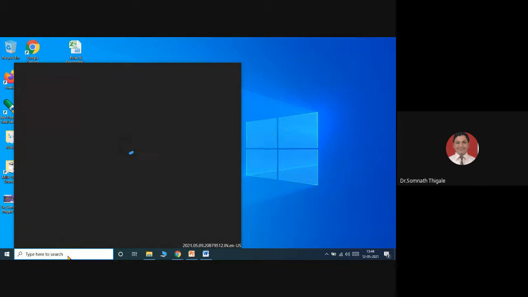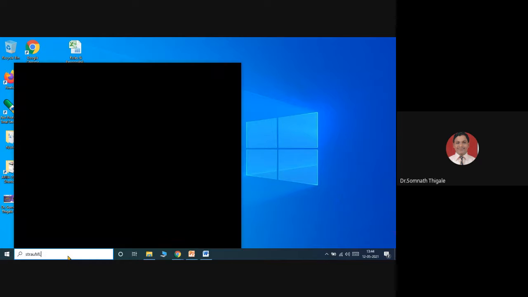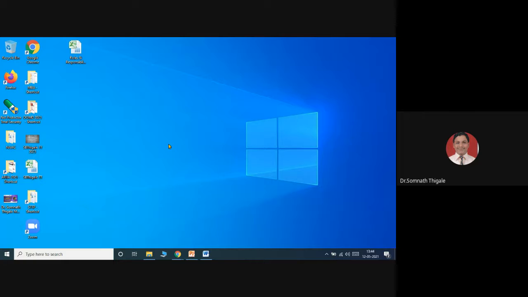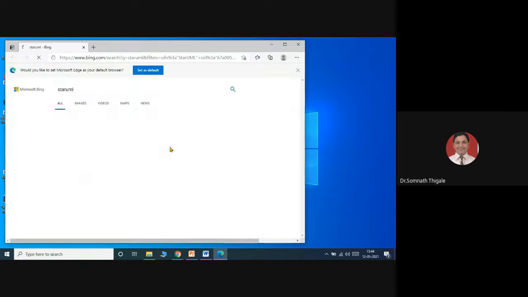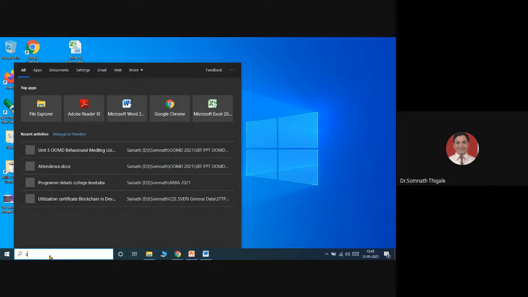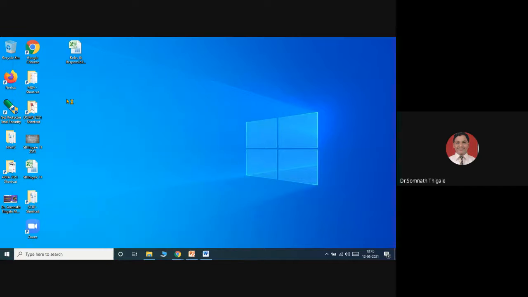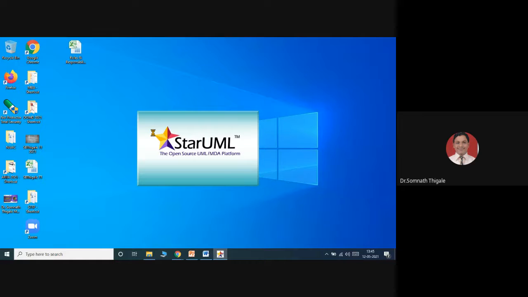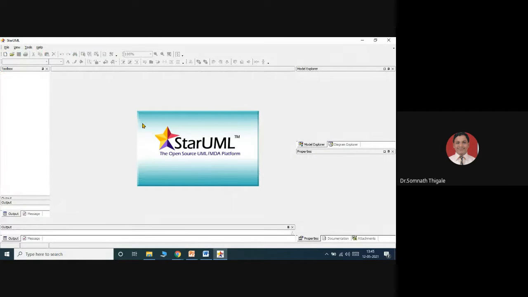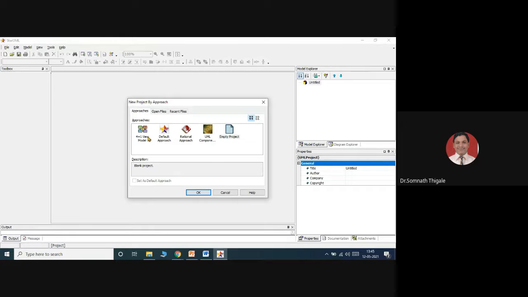So open the tool, StarUML. Select the default Rational approach. Select the Rational approach. Say OK.